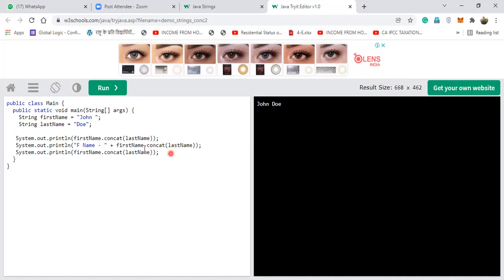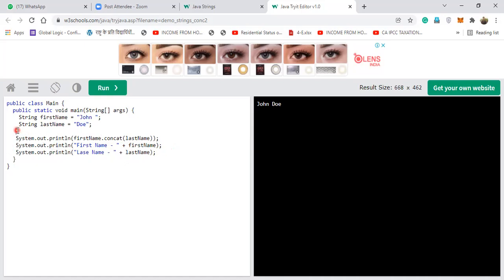I want to show you something very specific. What happens actually? That is the reason I have taken this. How many brackets open are there? One. So one close. Then I want to show you the last name. I'll write first name here, and last name will be what? I'll write here last name, plus last name. So here, see what happens.